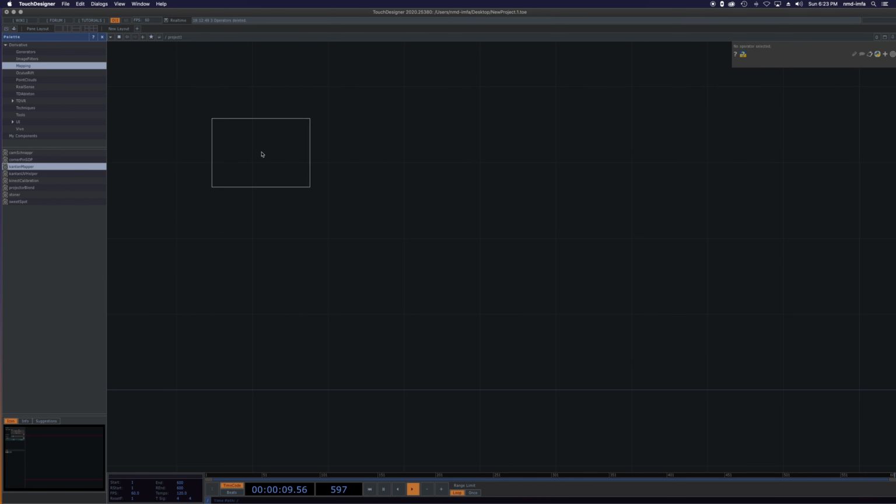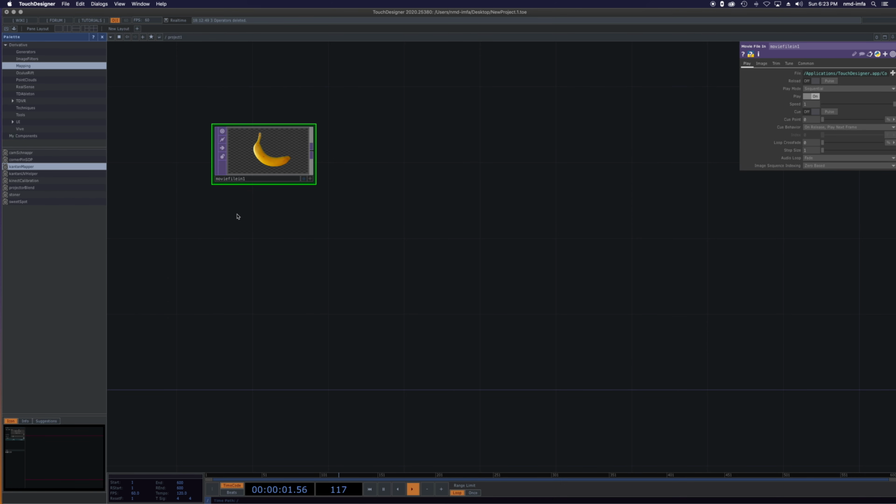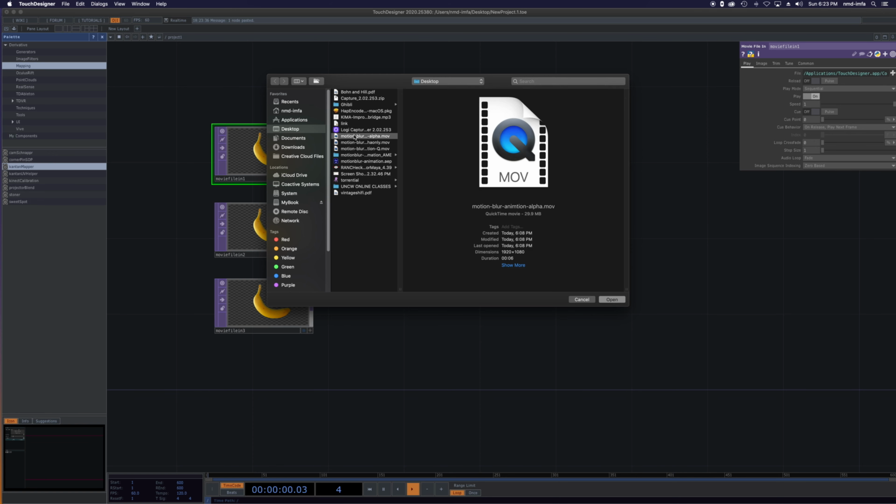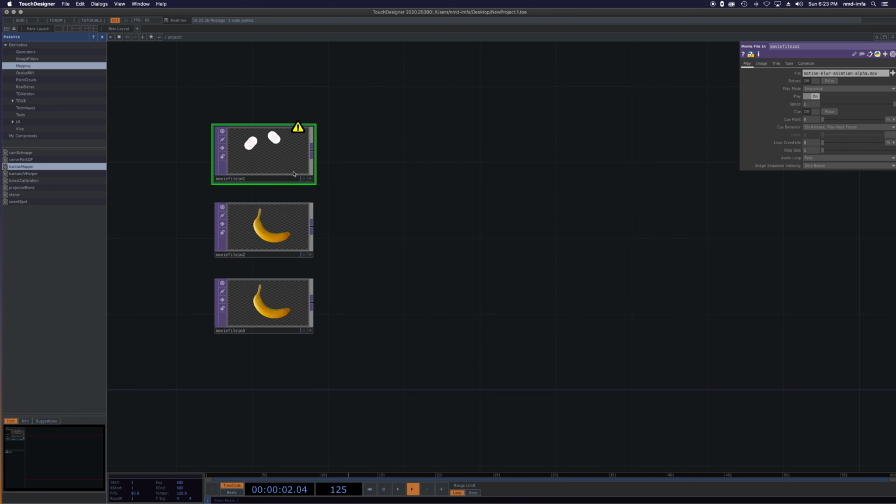Okay. And let's just go ahead and copy this 3 times since I have 3 different movie types. And let's load those clips. So let's grab alpha. There it is, and you can see no background behind it. You can actually still see the checker box, which means there's an alpha channel. Just like this,